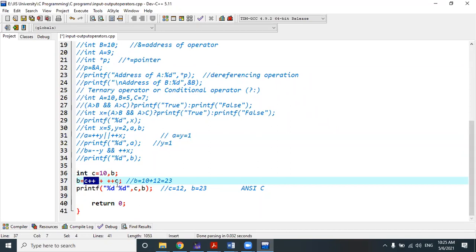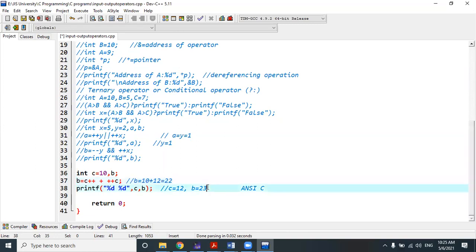So 10 is used first, and after assignment it will be incremented. So 10 plus, next one will be pre-increment, so 10 plus 1 is 11. 10 plus post increment is 11, plus again one more increment should be 12. So the b value should be 10 plus 12, 22.